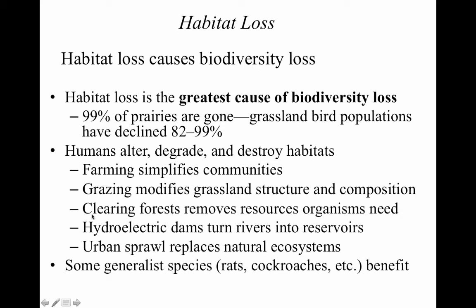And the clearing of forests, so this is not the grasslands, but some places forests are removed, and you're getting rid of the resources that the native species need. So clearing a forest, usually to put in a farm, will also greatly decrease biodiversity. Damming a river for hydroelectric will turn a river into a reservoir, and that will reduce the biodiversity from the river